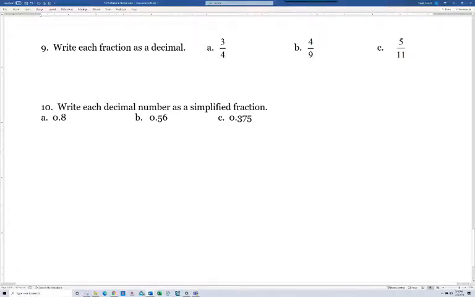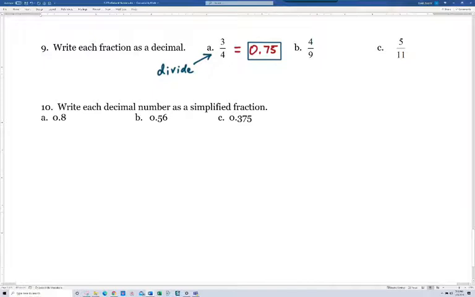Well, remember, a fraction can be thought of as a division problem. This is 3 divided by 4. I would just do that on the calculator. Now, it'd be nice if you could do that by hand, but most people would just do that on the calculator. When I was in calculus course, we wouldn't have done that by hand. We had plenty of other things to think about. So we're going to divide, and so you should get